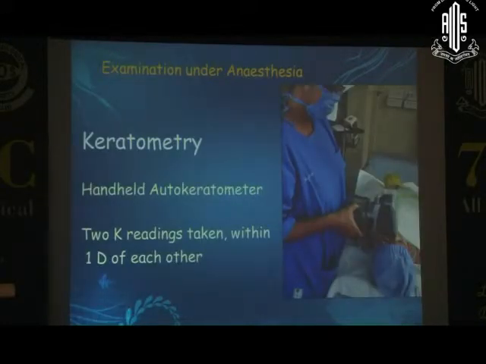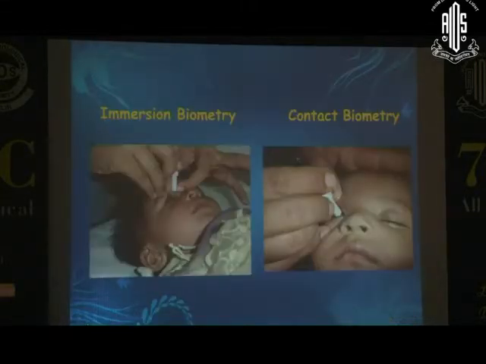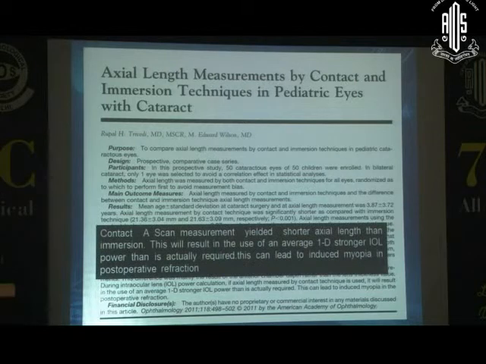I prefer to take keratometry with a handheld autokeratometer. We have the Nidek, and it requires a lot of skill and experience to get a proper reading which is reliable. But in cases where you don't have a handheld autokeratometer, there is enough literature data which provides you different corneal readings at different age groups, which you can take as empirical data. Axial length is taken either with the immersion method or the contact method. And as my colleague Dr. Nishant has correctly said, like in adults, in pediatrics the immersion technique always gives a more reliable reading than the contact method.